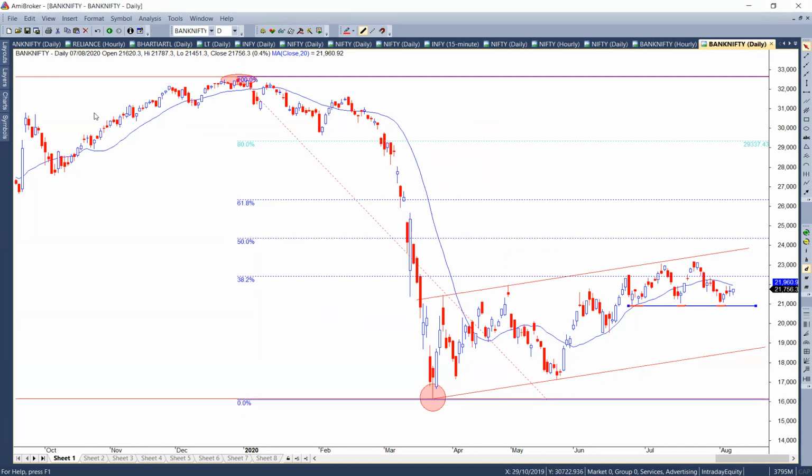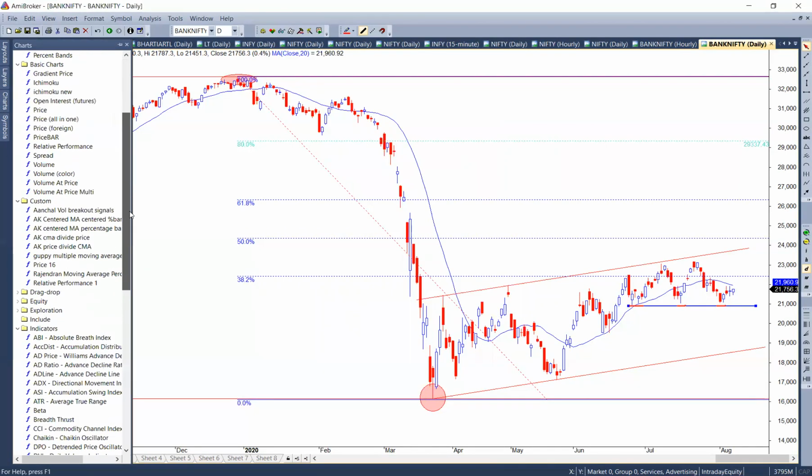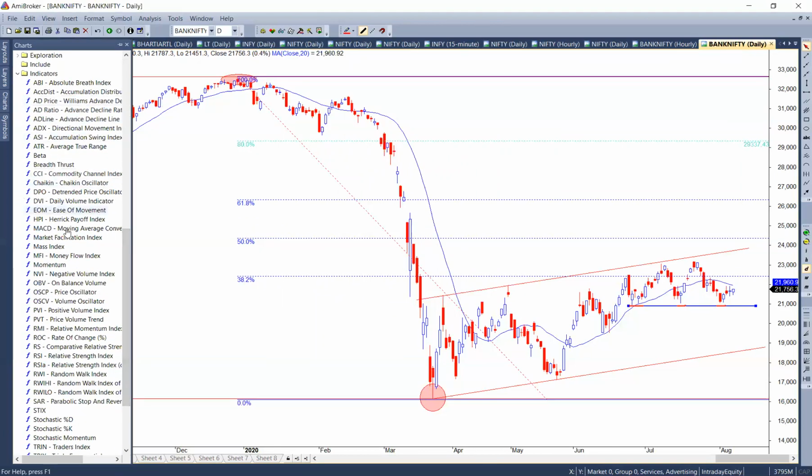Now, let me introduce an indicator also. How do I put indicator in the software? I simply go to charts. I go to an indicator, which you can see here. There are hundreds of indicators. I'll simply pick up a simple one, RSI, which is Relative Strength Index. I'm not going to get into detail on what is RSI, how to select parameters.